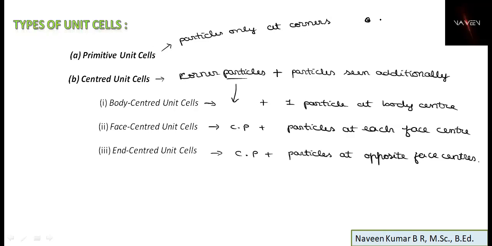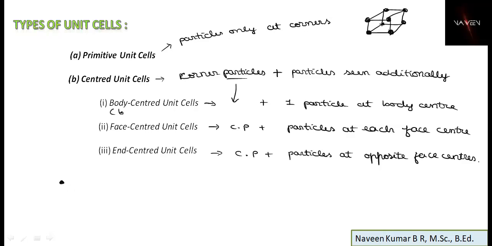Now, primitive unit cells are those which will have particles only at corners. So apart from corner particles, you will not find any other particles in the solid. Now this is a simple primitive unit cell. If you observe this structure, you can see that there is a particle only at the corners. Apart from corners, there is no other particle. Whereas if you take,